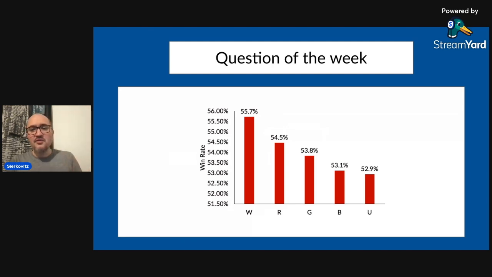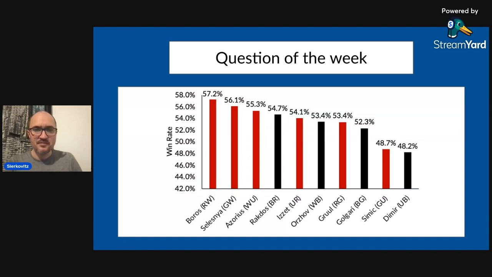So how to approach looking at the data of the weakest colors? I decided to pick black as the example for this analysis. First of all, let's look at the individual archetypes. I think that's the best place to start. If we look at the black, Rakdos is the best black archetype at 54.7. That's still roughly 2.5 percentage points lower than Boros, which is the highest win rate archetype in the second week so far. Slightly to my surprise,